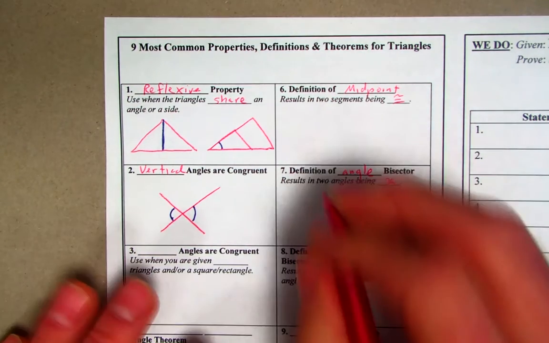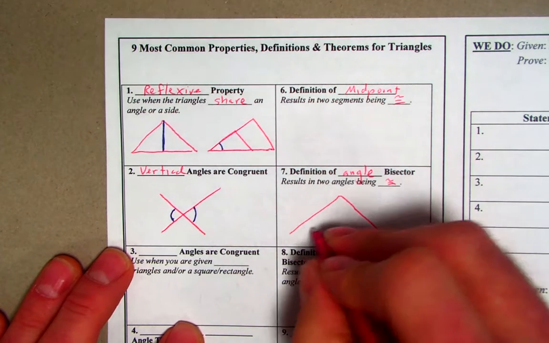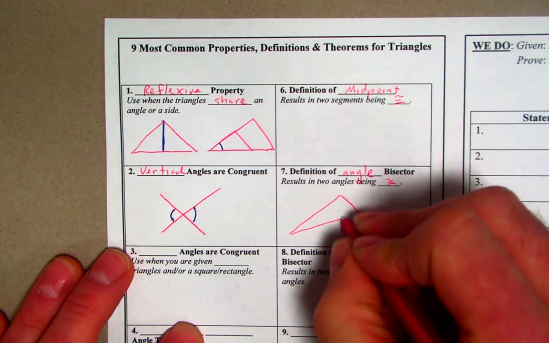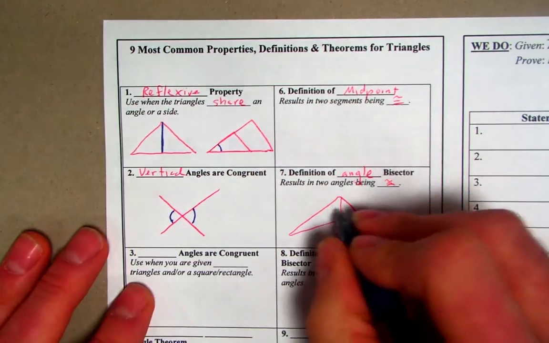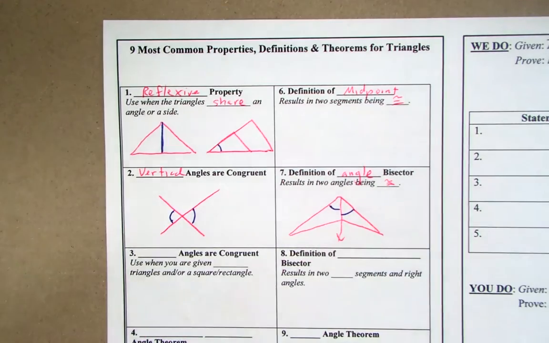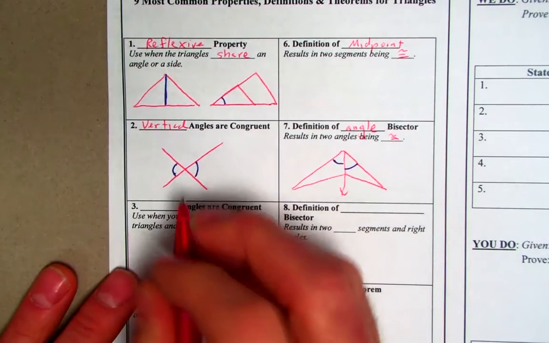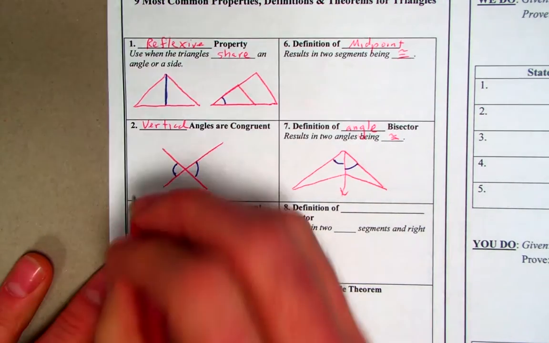Right, and so you might have something that looks like this, and you're told that this is an angle bisector. So then you can mark that these two angles are congruent. Okay, a reason that we can put in our reason column is that right